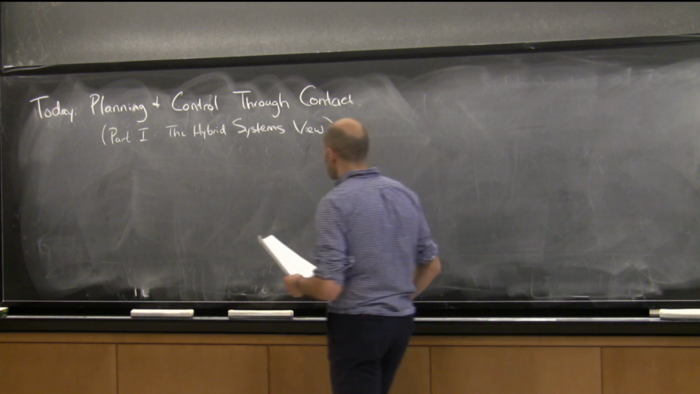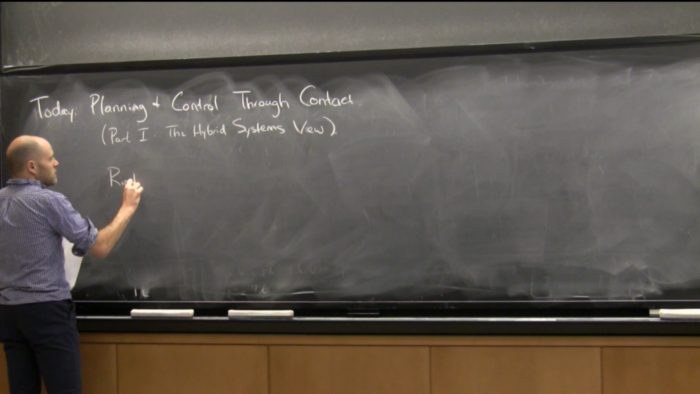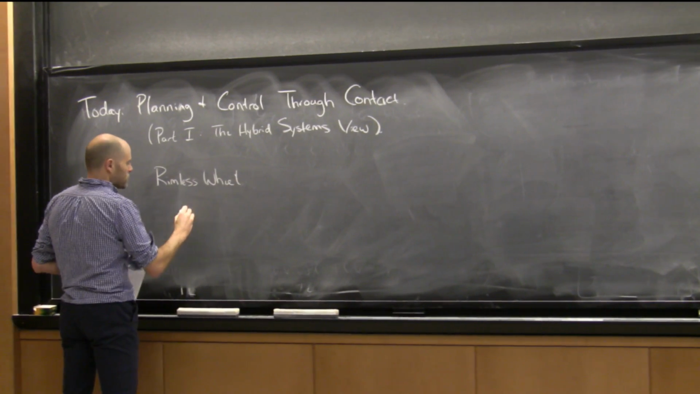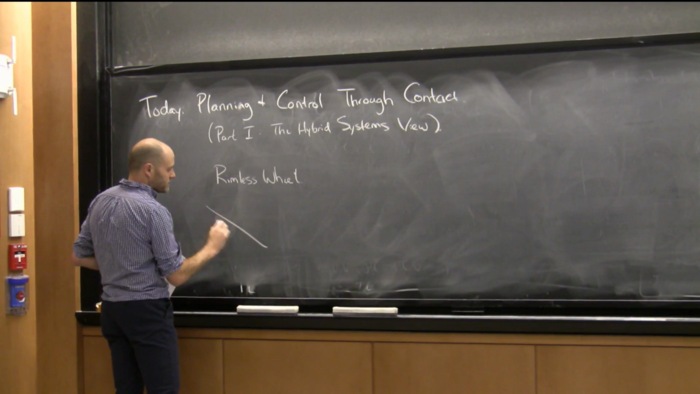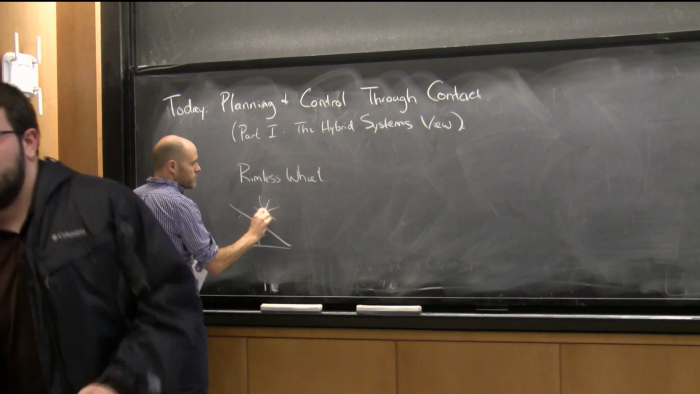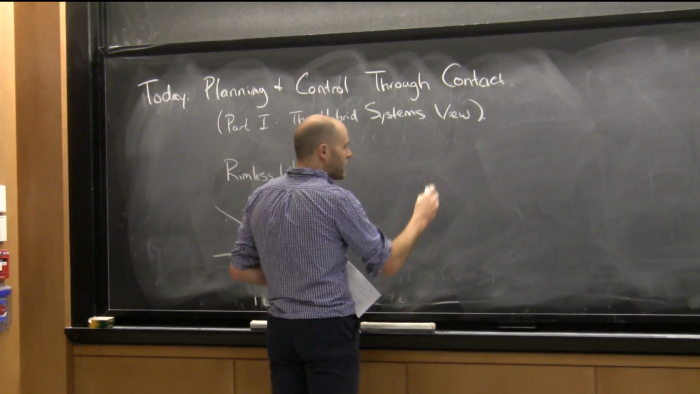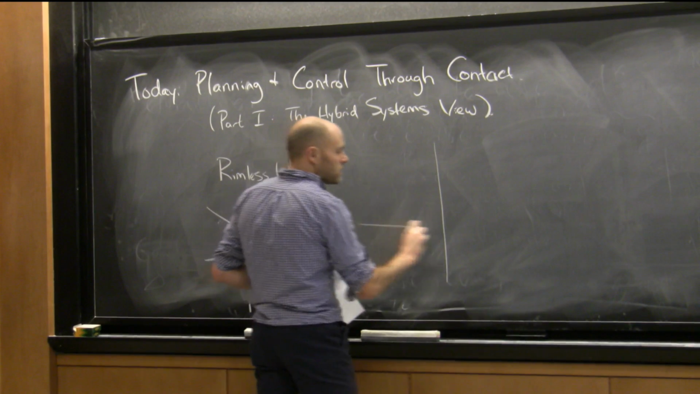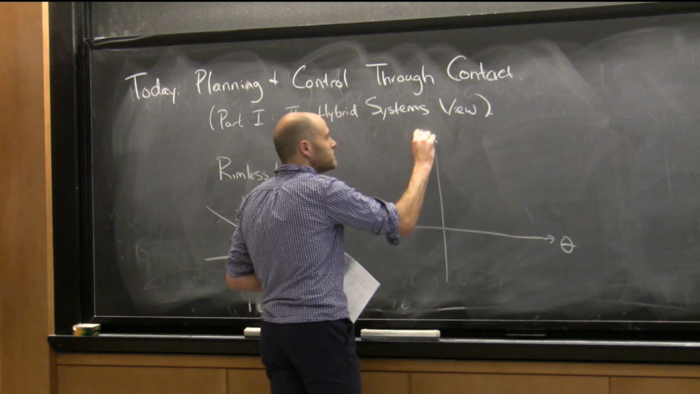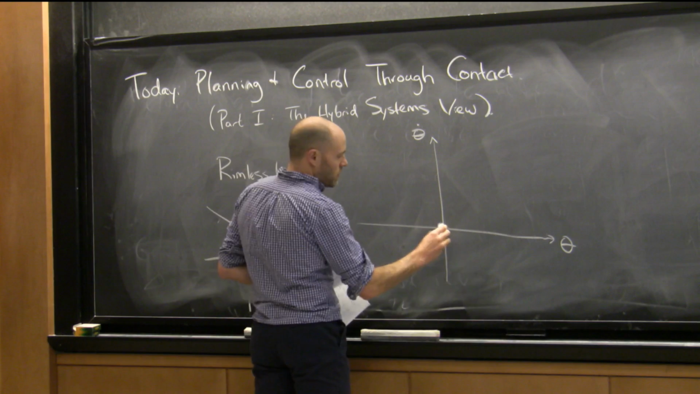So let me remind you that the rimless wheel, which was the pendulum on a ramp, basically, right? Pendulum rolling down a ramp, right? It had a stable periodic cycle. If we plotted it in theta versus theta dot, I wrote the dynamics so that